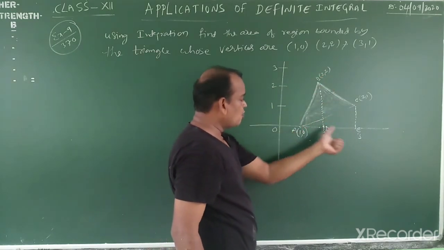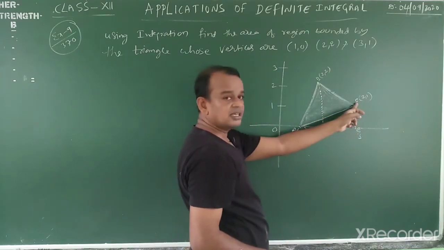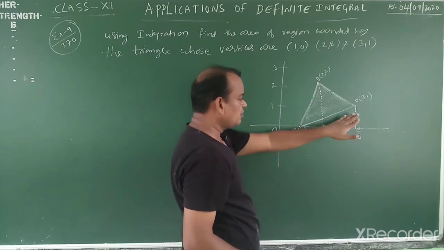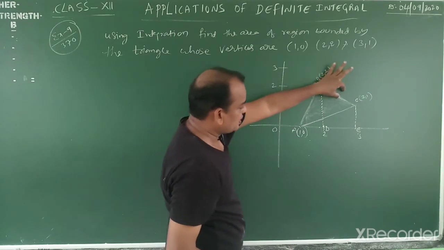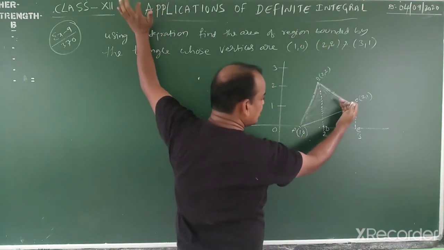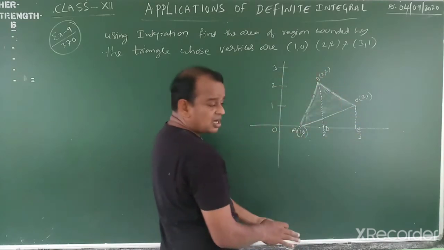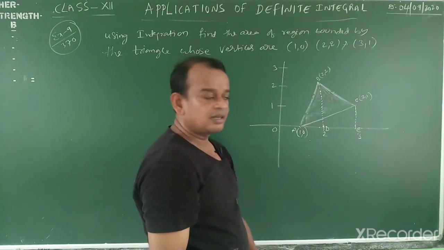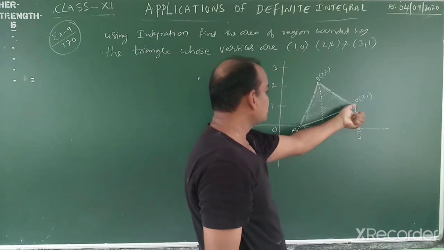Total part here is 1, 2, 3. We will take this area. What is the line? AC. Okay, AC is the curve. Now from 1, 2, 3, you also find the total area from this one to this one, and after that, subtracting this one, we will get the required area. Now, first the equation of AB, the equation of BC and the equation of AC.